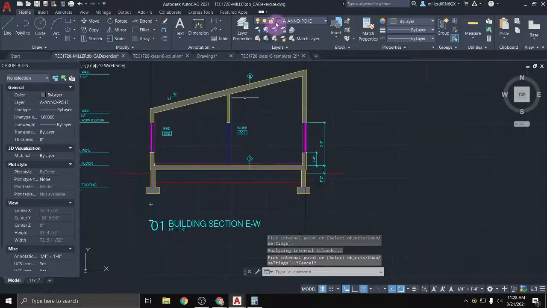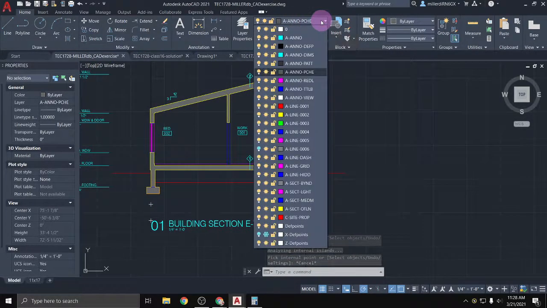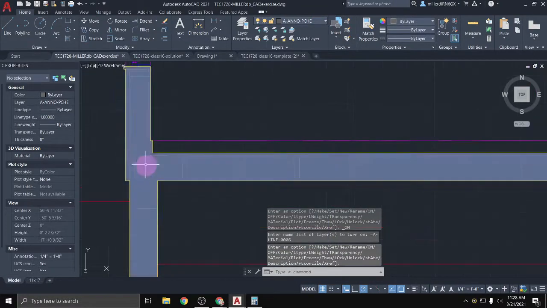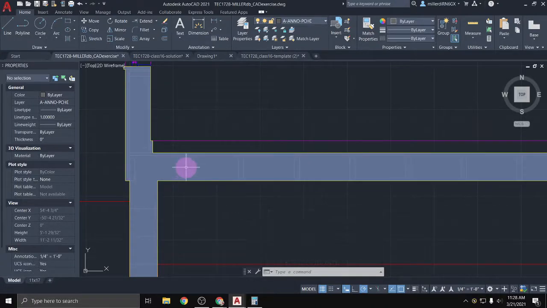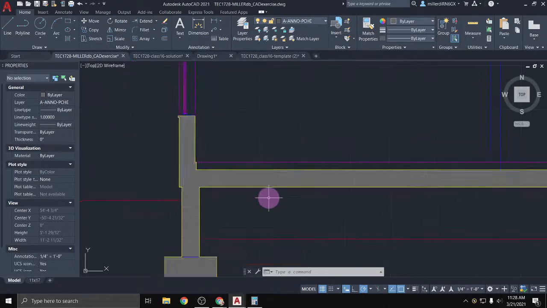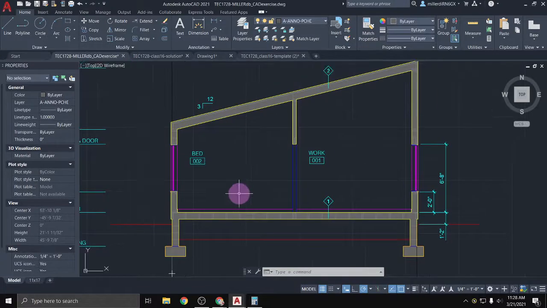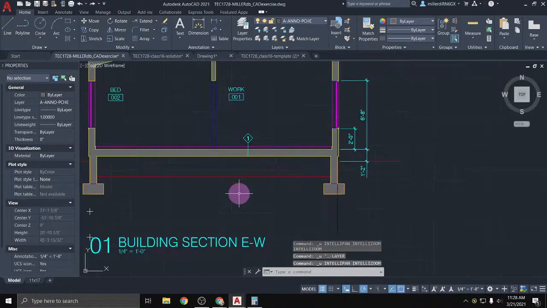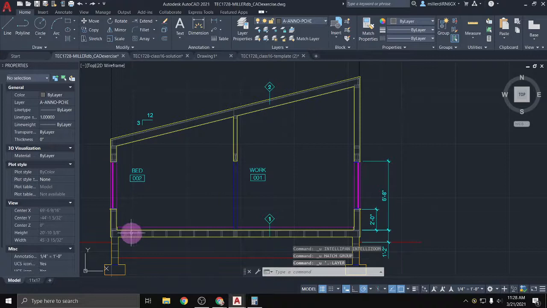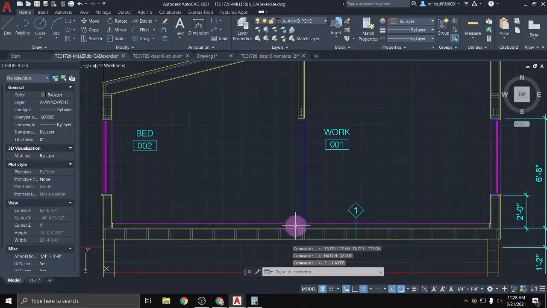Escape. And then you could bring that layer back on. Otherwise, you have to go and click inside each individual piece. So that's why it's beneficial to turn it off, then go hatch it. Because having that hatch there before I would put all of these details in would have just been super annoying,